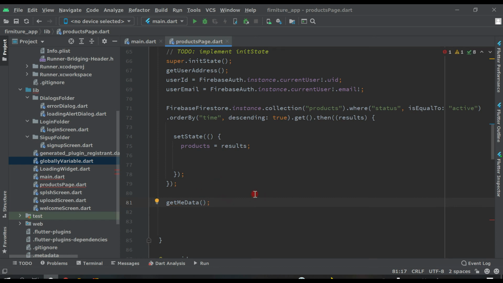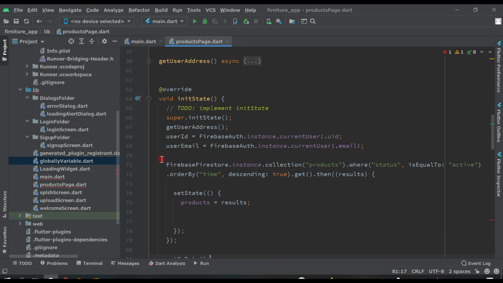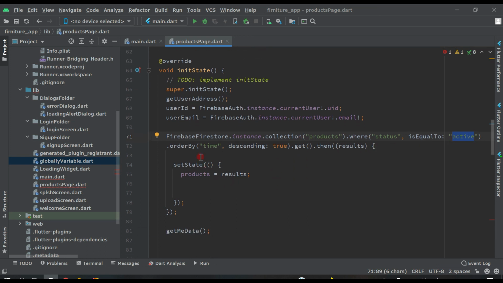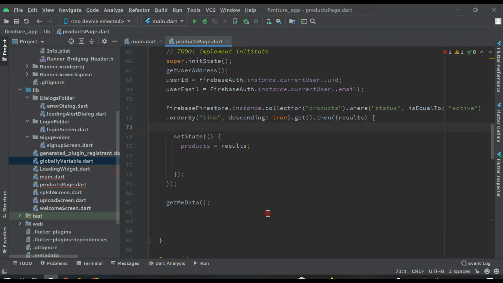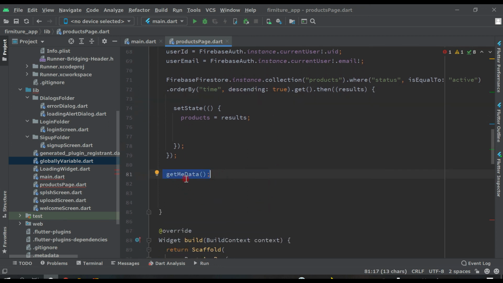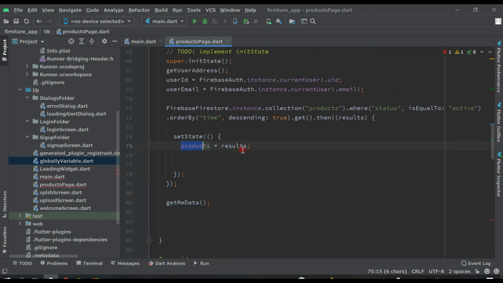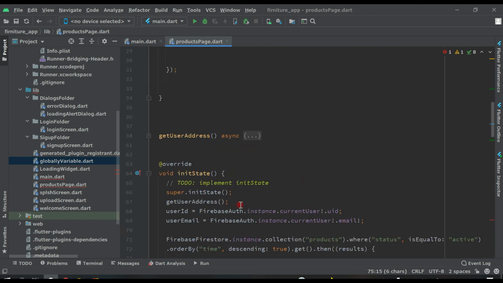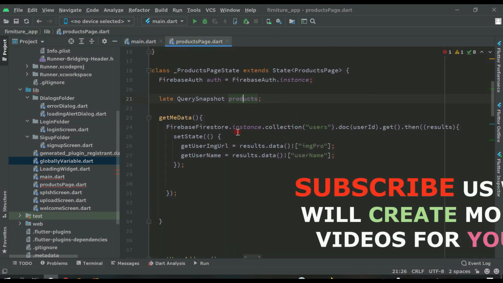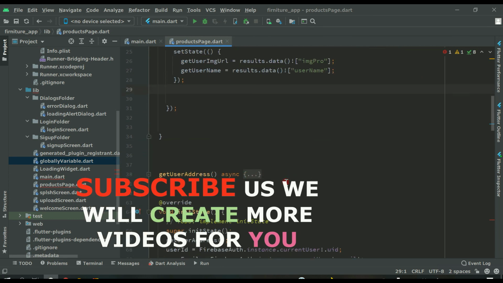That's all. So basically what we did here, we are getting the advertising, this product, from the collection of products in our database. If the status is equal to active, if the ad is active, then we are displaying our ad by time, descending, which is latest time. Like at present somebody posted advertising recently, so we are doing it in descending order. Okay, and here we are passing the get me data function inside this state products, this product variable, and here we are getting image profile and username.